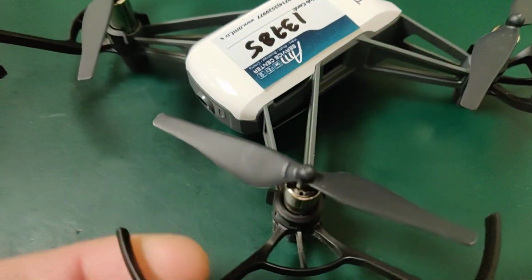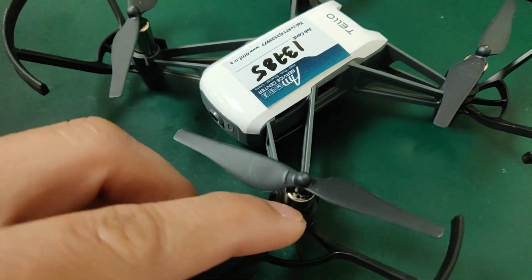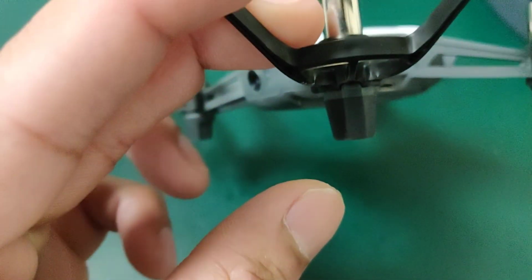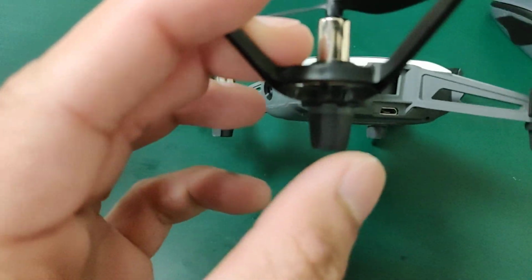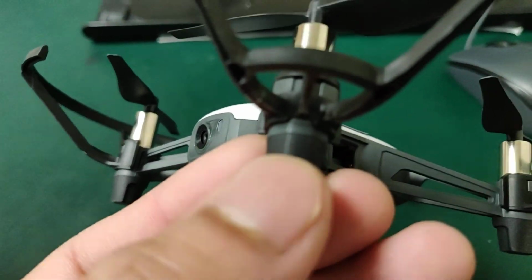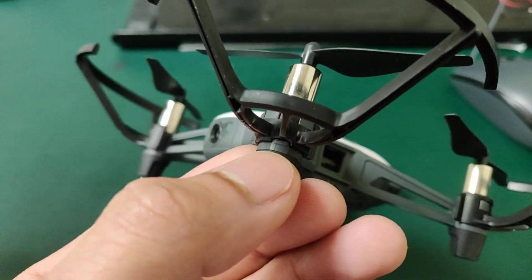As you can see here, with two lines. How do you know that this is the correct way, the correct place? So you can see at the bottom part of this motor, there is one line here. See this line, okay,